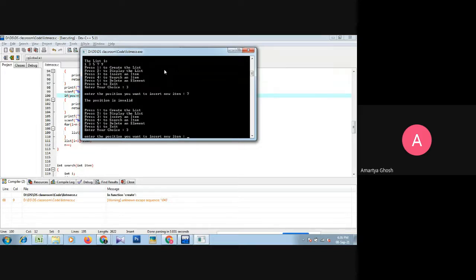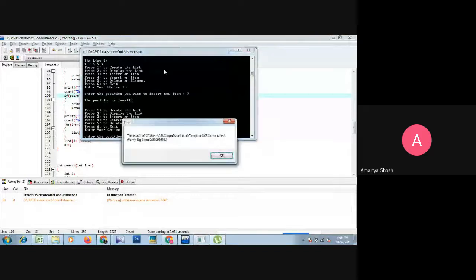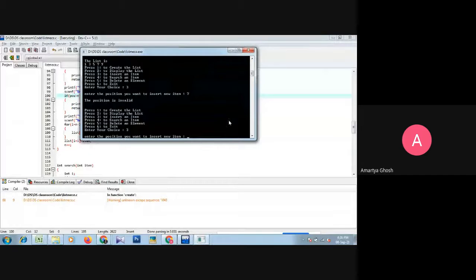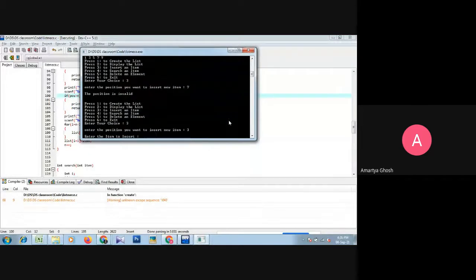At position 3 we want to insert 4. So position is 3, the insert item is 4.